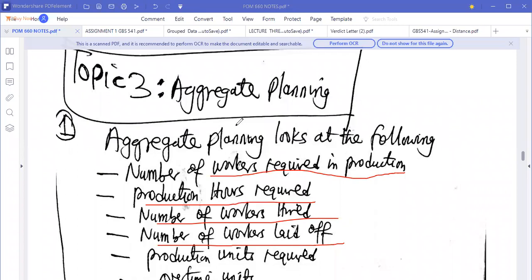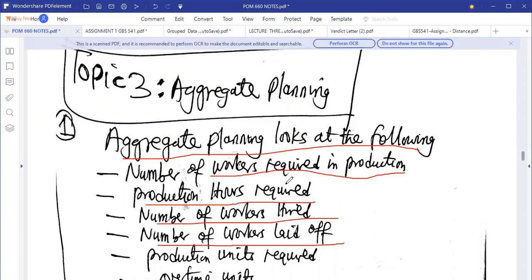Okay, so we are now looking at aggregate planning. In aggregate planning, we are looking at a number of things. This is good for organizations that are involved in maintaining their workforce or that would want to actually hire and fire workers. In aggregate planning, you look at the following: the number of workers required in production